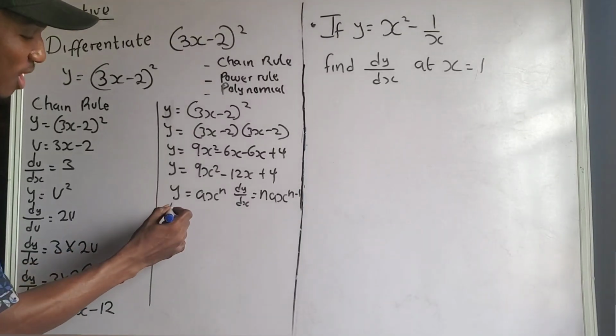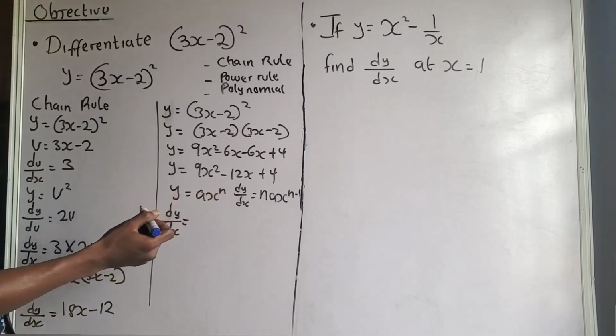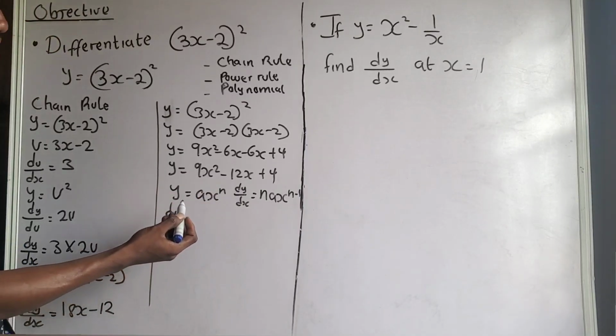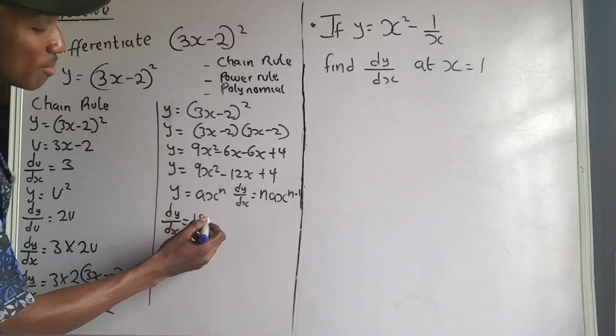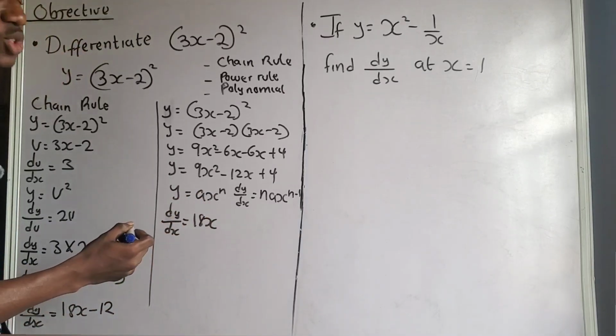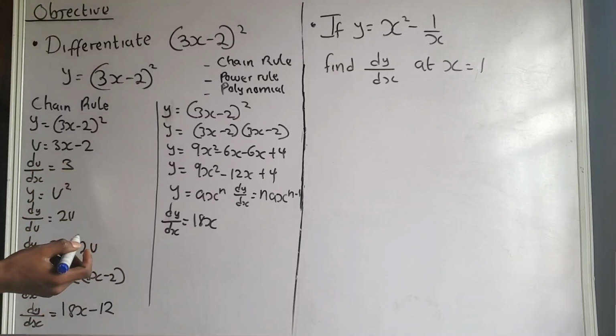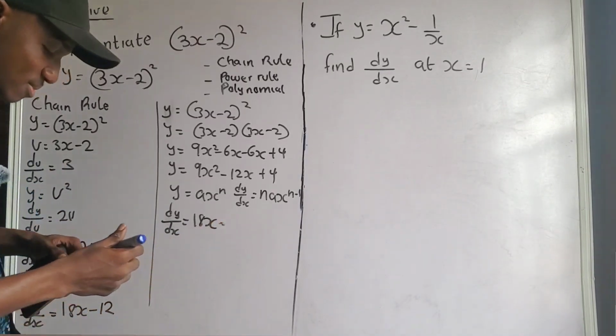So, I'm going to have dy all over dx is equal to, now differentiate 9x squared with respect to the formula that I wrote here. 9x squared will be 2 times 9, that is 18. Now, because the power is going to reduce by 1, 18x raised to the power of 2 minus 1. 2 minus 1 is 1. So, x to the power of 1 is x. So, I'm going to have 18x minus,